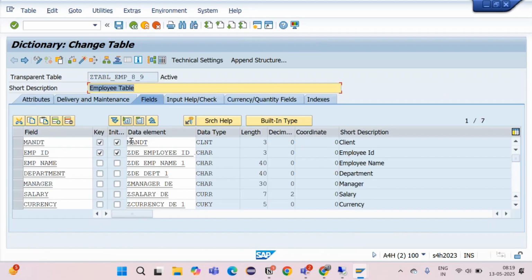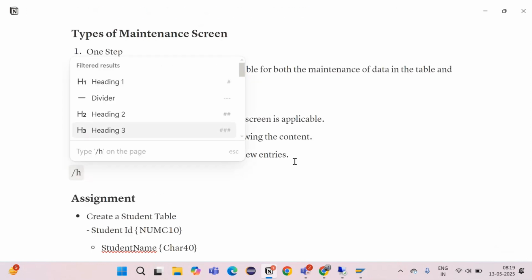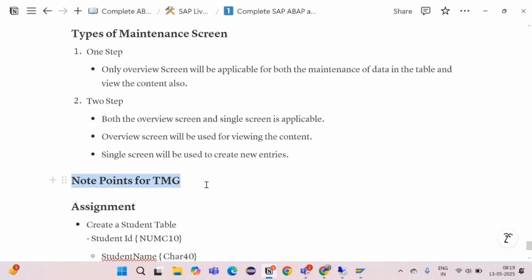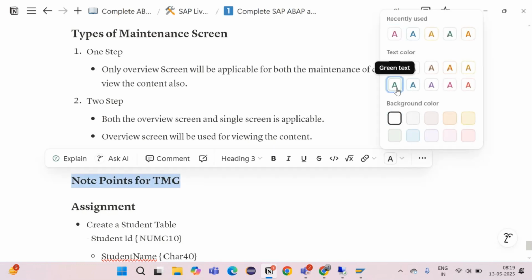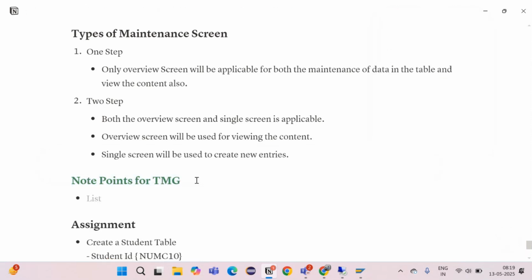Now let's see one more interesting thing. One more important point related to this TMG. So some note points for TMG, which we can see here. So what we see here is, if you are changing anything in the table after creation of the TMG or table maintenance generator,